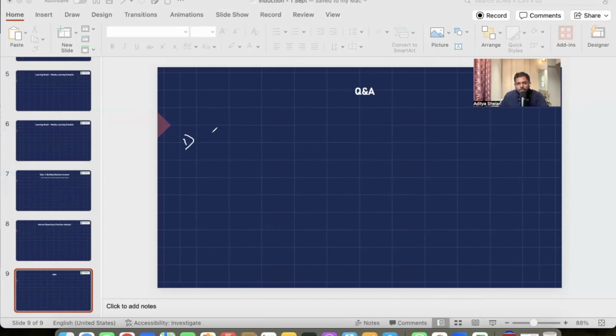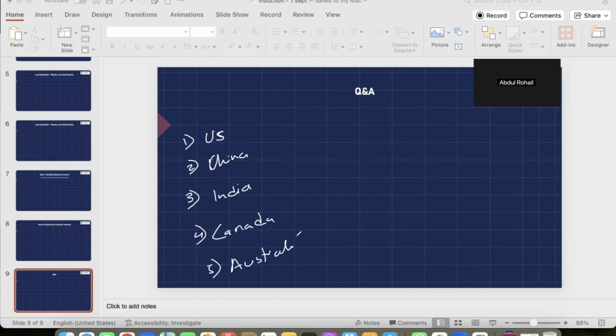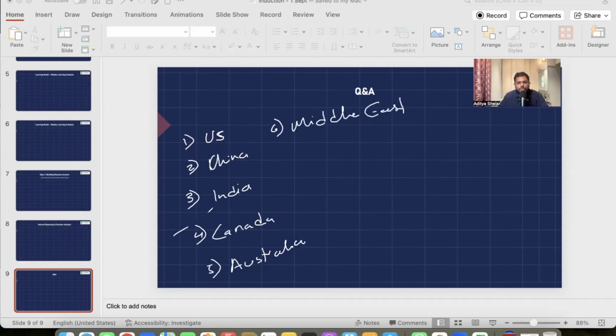ठीक है. So I'll tell you the major markets of CMA. US is number 1. Second is China. US and China have more CMAs than we do. Then we have India, then Canada, then Australia, Middle East. I'm not sure about the quantity, the number of CMAs, whoever is highest. I'm sure about these top 3. I was in the US, so I discussed this with someone, and they highlighted these are the top 3 markets. Middle East is there. And then we have some small markets like the Philippines and all, where again these courses are